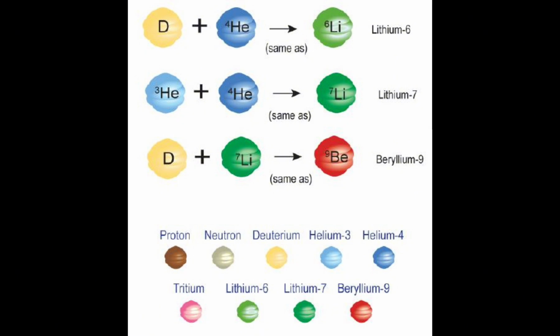Deuterium nuclei fused to form helium-4, which consisted of 2 protons and 2 neutrons, small amounts of helium-3, which consisted of 2 protons and 1 neutron, as well as tritium, which consisted of 1 proton and 2 neutrons, and lastly, lithium-7, which had 3 protons and 4 neutrons. The vast majority of the nucleosynthesis formed helium-4, therefore making it the second most abundant element in the universe after